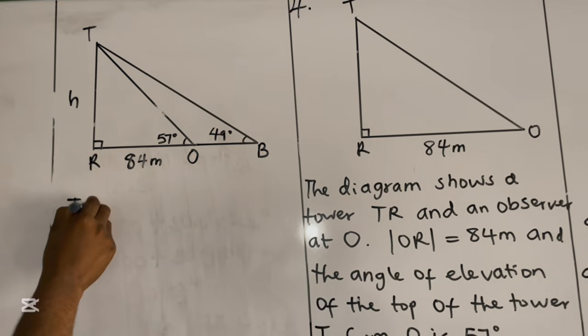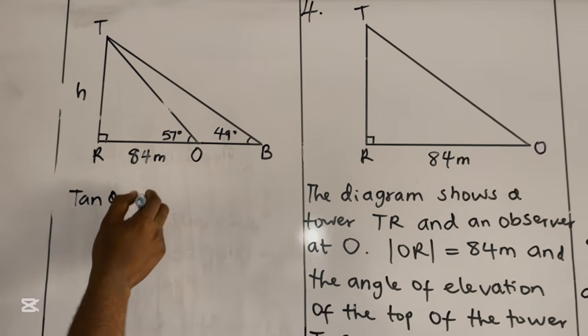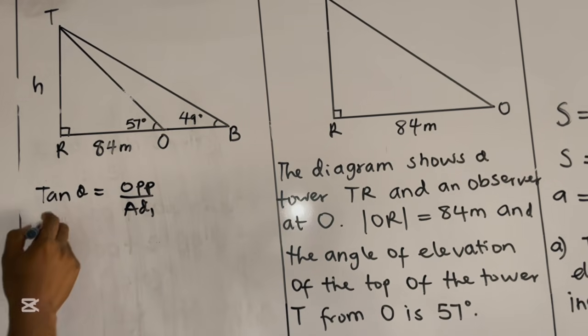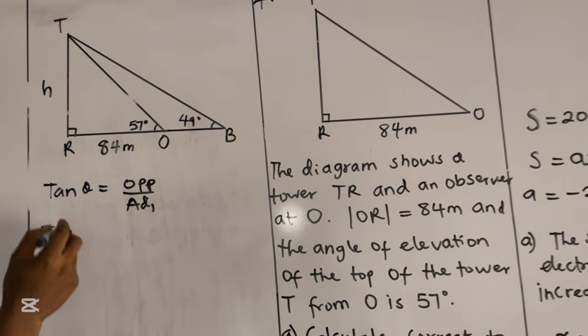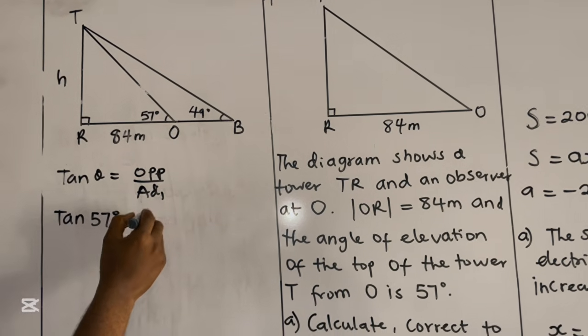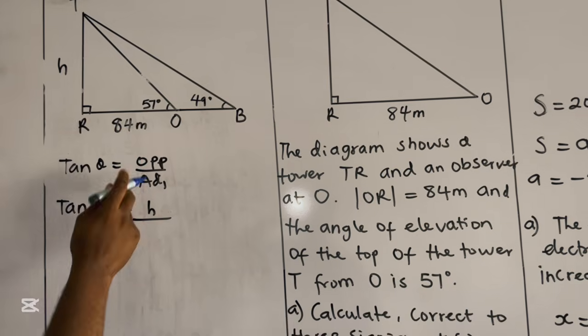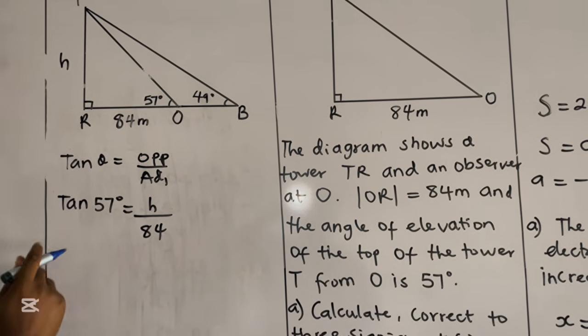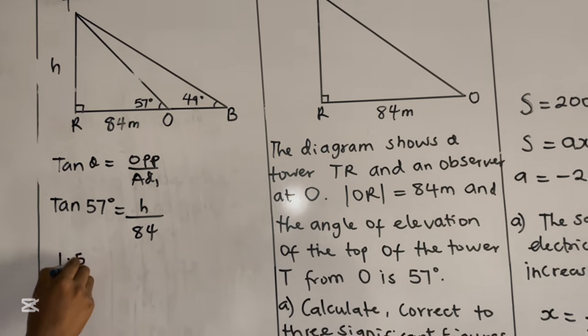So tan theta is equal to opposite over adjacent. The angle is 57 degrees here. Opposite is the H, that's the height, and the adjacent is 84. So tan 57 degrees is 1.54